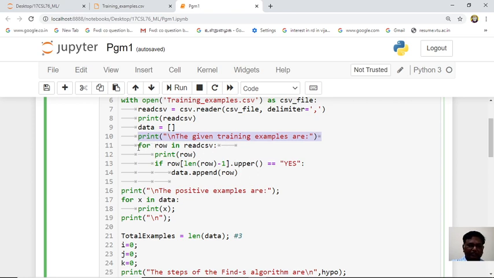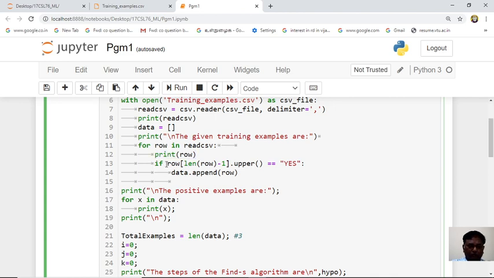So we are initializing the first for loop: for row in read CSV. Row is a for loop variable. It reads one by one all the data from your read CSV. Read CSV is here in line number 7. So first data, second data, third data, like that one by one all the data are taken and printed here. Here we are doing one more operation. We are separating only positive data here. So we have 4 inputs. Out of 4 inputs, 3 inputs are positive data.